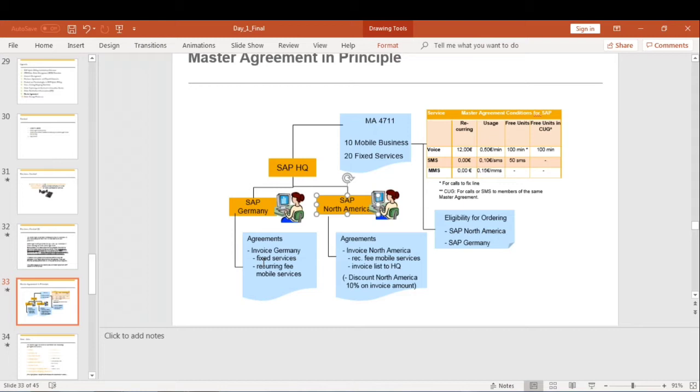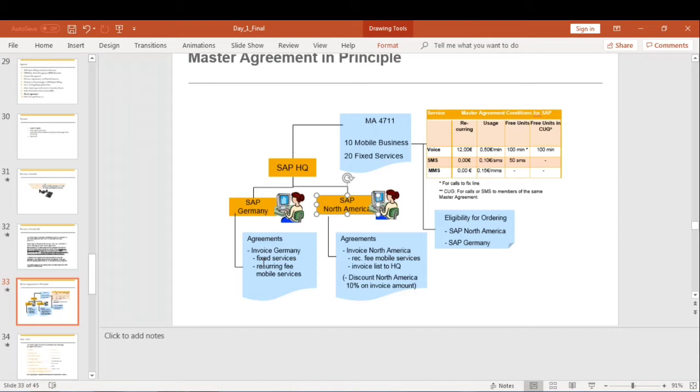And there will be invoice agreements. Invoice agreement is, suppose I am working in a company and I have subscribed for some mobile services, some telecommunication service, but my company agreed that it will pay my bill. This kind of declaration can be done in the master agreement. I will be the sole-to party there, but the bill will go to my company and my company will be paying my bill. That is the invoice agreement.